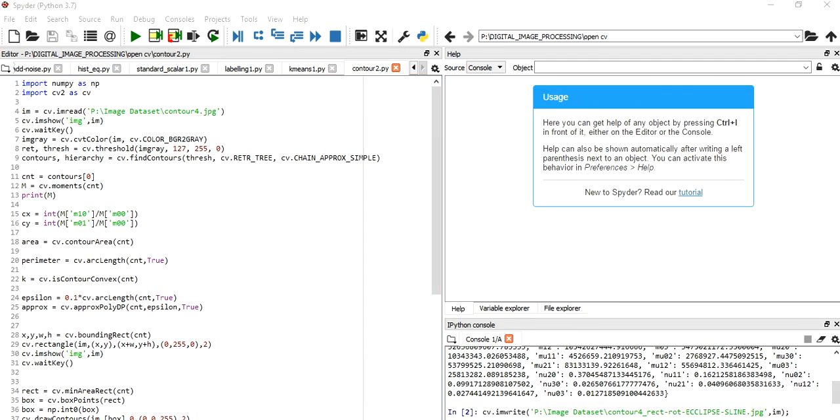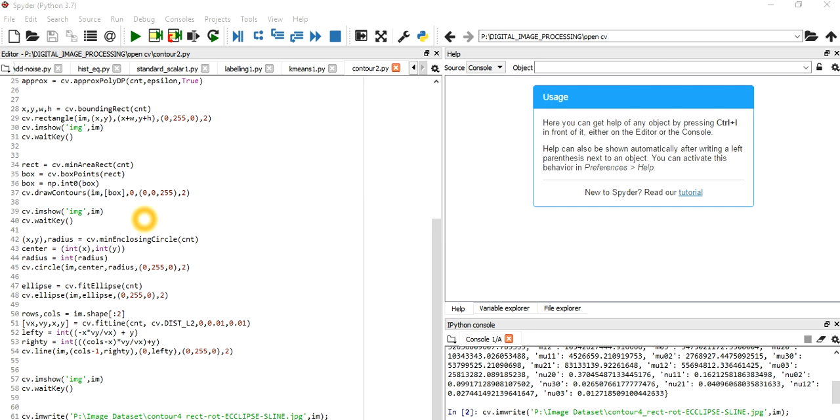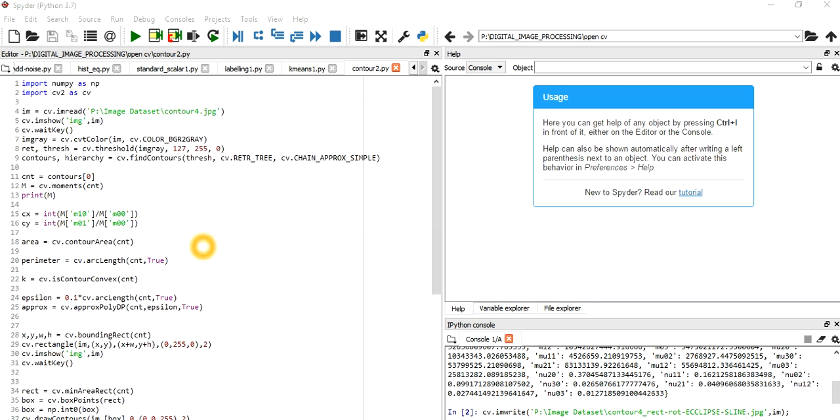Now let's go through it practically. Please open your OpenCV Spyder. Okay, so I have opened it and I have saved the file as contour2.py. So now I can run this, as I hope that all the other code is now clear to you. If you want, you can take a screenshot of this, because in this program I have included everything that I have been discussing from the last two lectures.